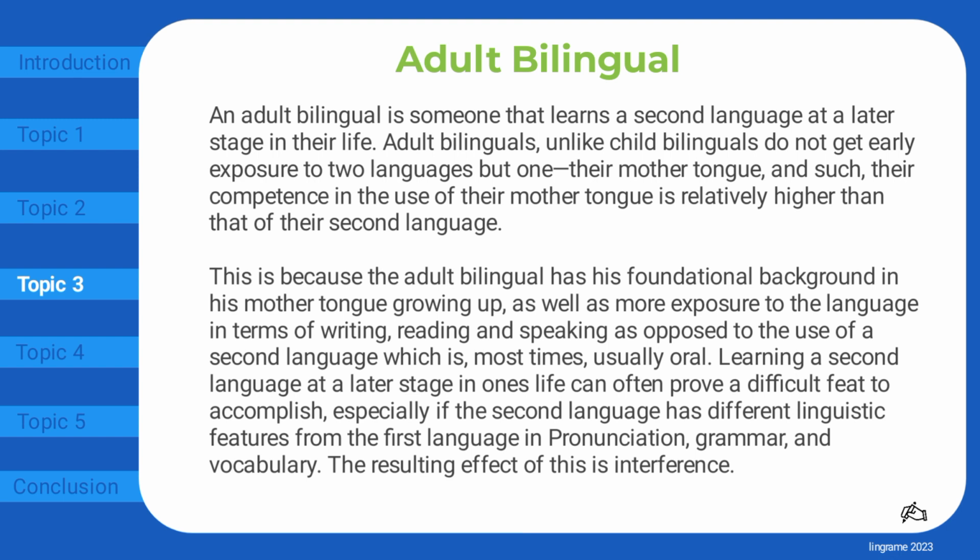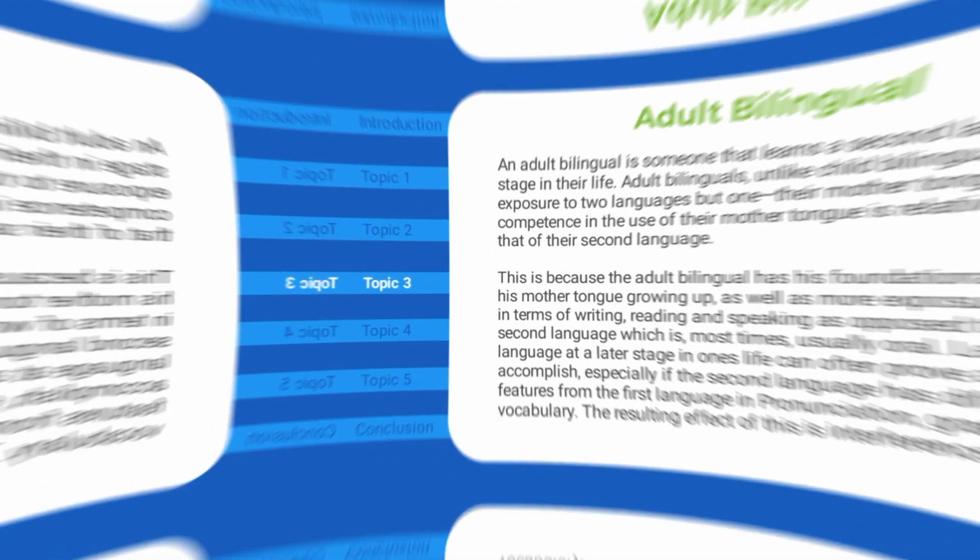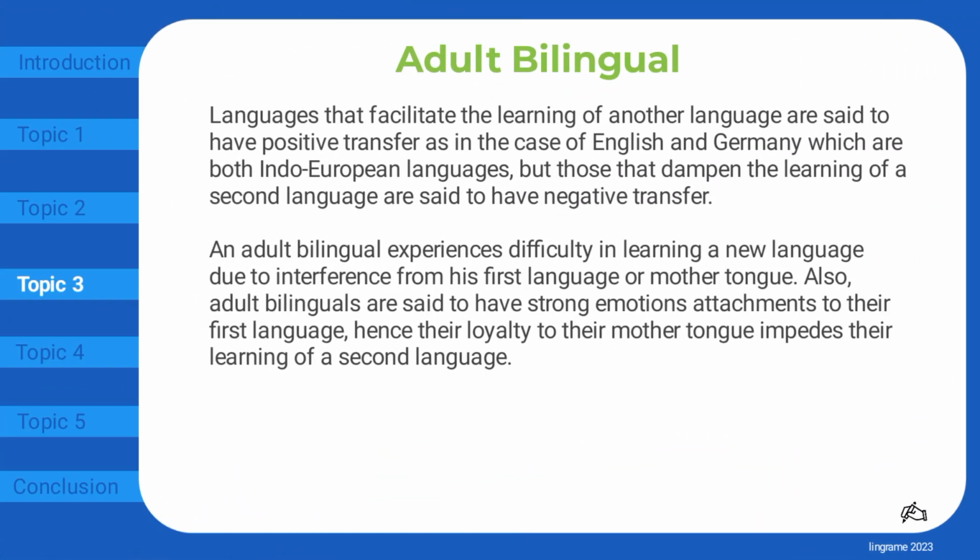Learning a second language at a later stage in one's life can often prove a difficult feat to accomplish, especially when the second language has different linguistic features compared to the first language in terms of pronunciation, grammar, and vocabulary. The resulting effect of this is interference. Languages that facilitate the learning of another language are said to have positive transfer, as in the case of English and German, which are both Indo-European languages, but those that dampen the learning of a second language are said to